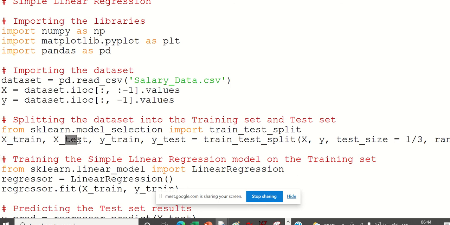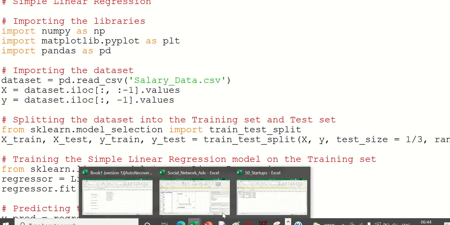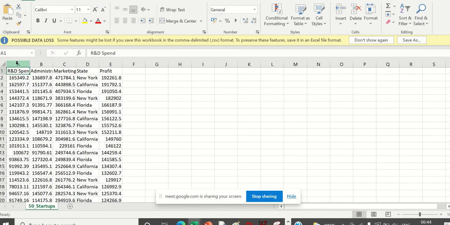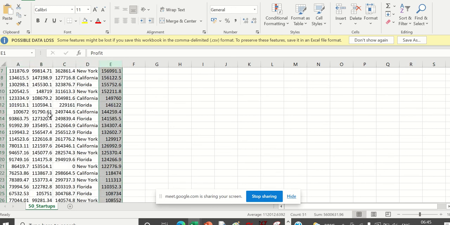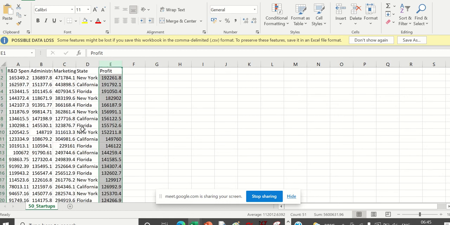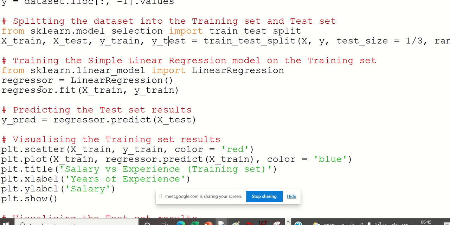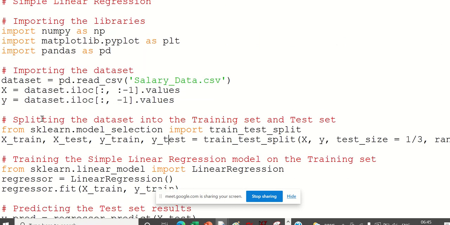Now X_train, X_test, Y_train, Y_test. So what will that be? This will be X_train, and this will be Y_train. Similarly, this will be X_test, and this will be Y_test. Out of which 30% and 70%, like that it will be split. This is Y, this will be X. Now let us see once what that is. I will comment out other things and I'll show you.